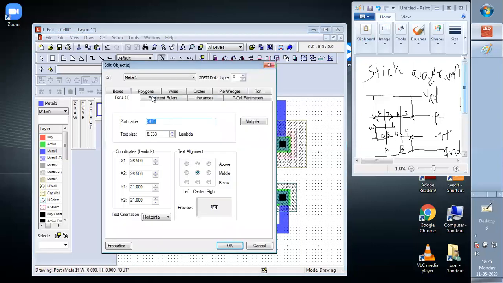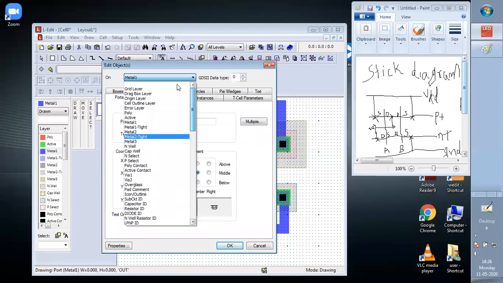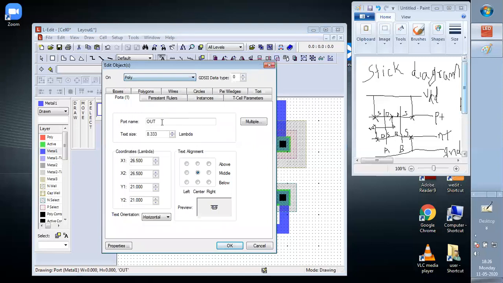and it should be mentioned on which we are writing. On poly we are writing, and then we have to write A, capital A, for input 2.500, and horizontal or vertical, that will depend upon again.